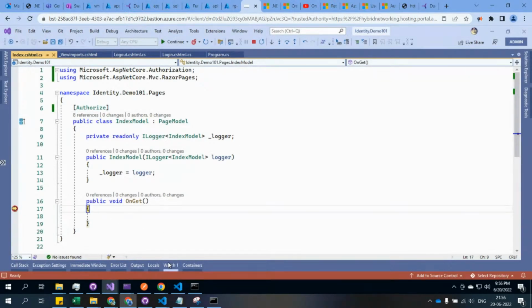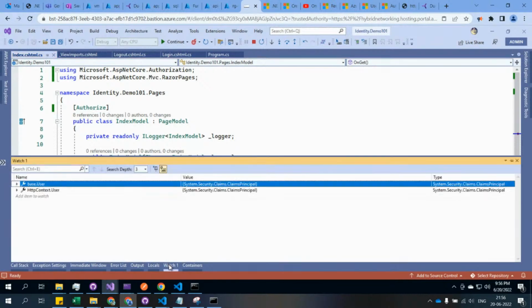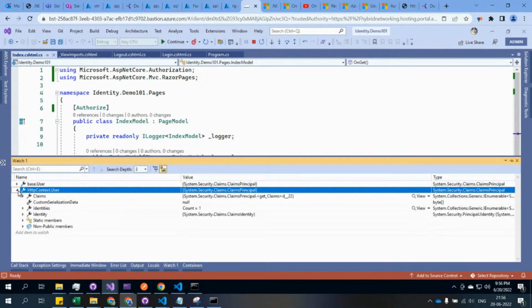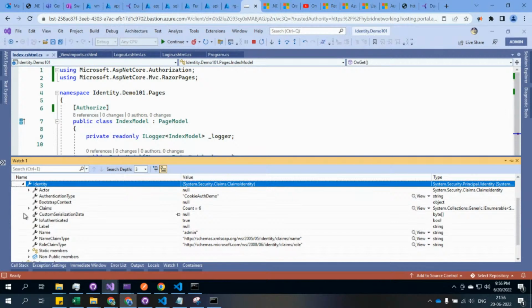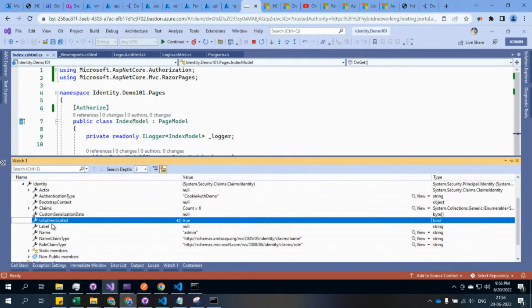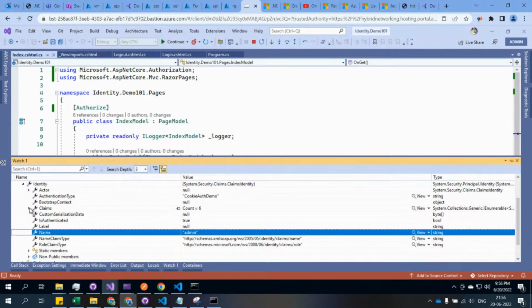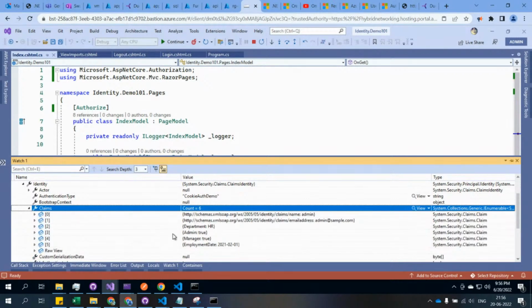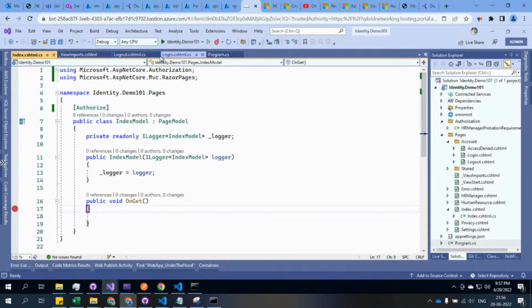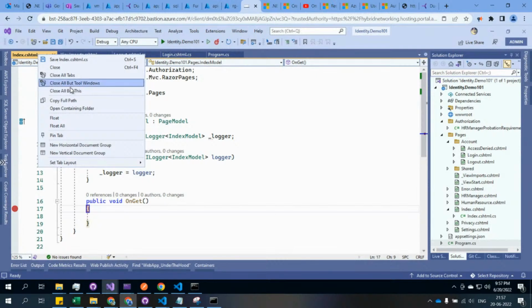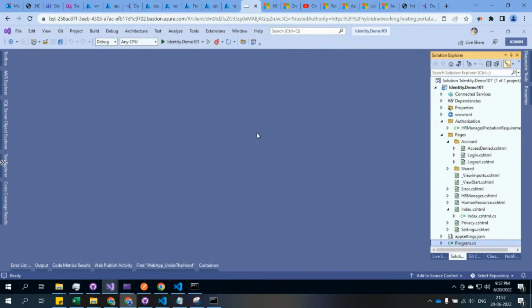So if we come back here and again go back to that HTTP context and the identity, here it says that IsAuthenticated is true, as well as the name and set of claims which we send across. So where are these things happening? Let me close this for a moment, and here in this login page,